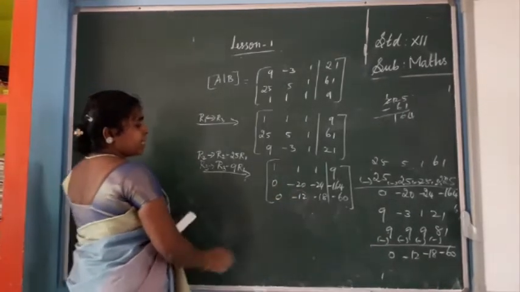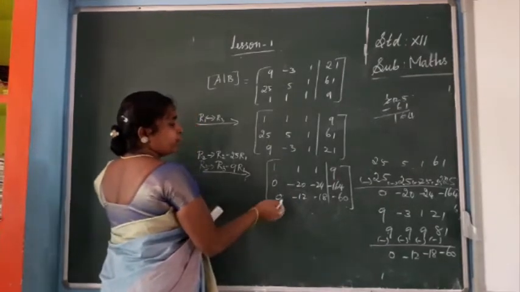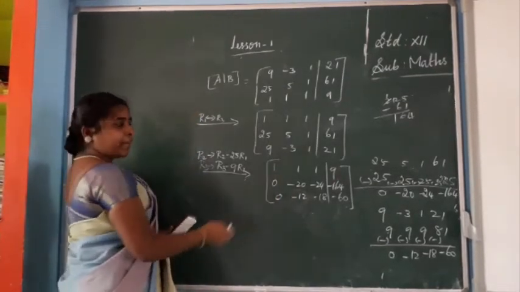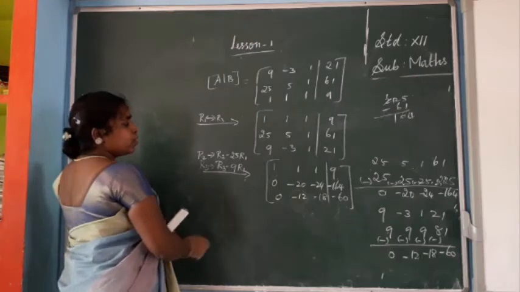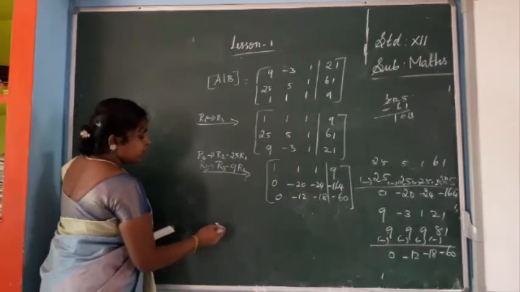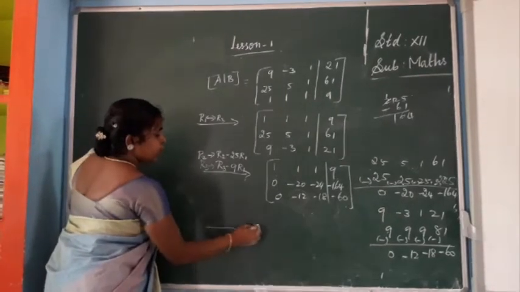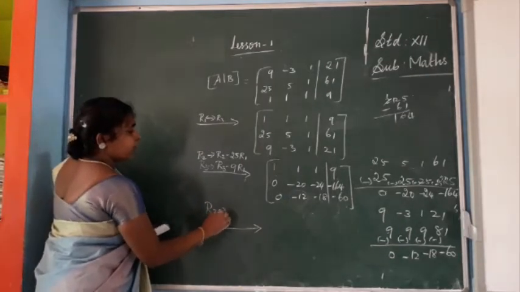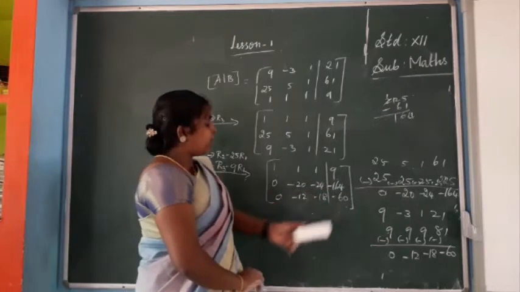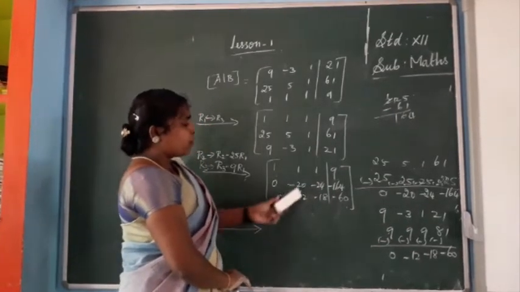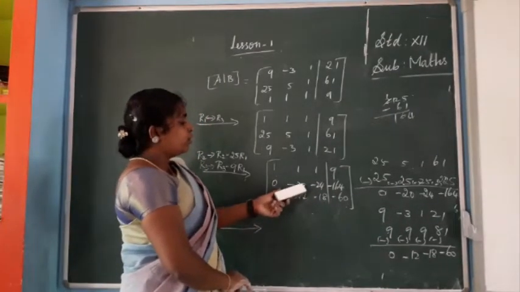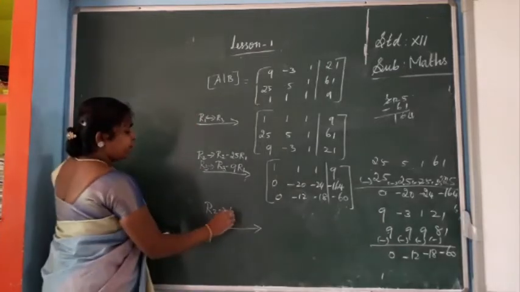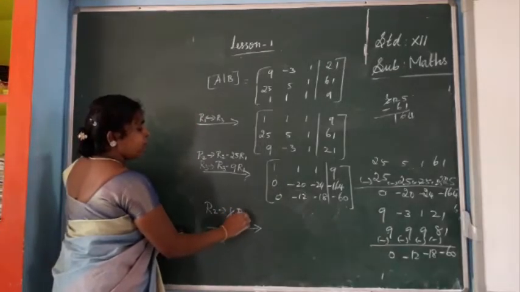But before that, as I already told in the last problem, if you want to simplify, you can simplify anything that is common, okay? So here you have to mention. I am going to reduce into a small number, okay? So R2 gives, all the three values are multiple of 4, okay? So I am going to multiply by 1 by 4. So 1 by 4 into R2.